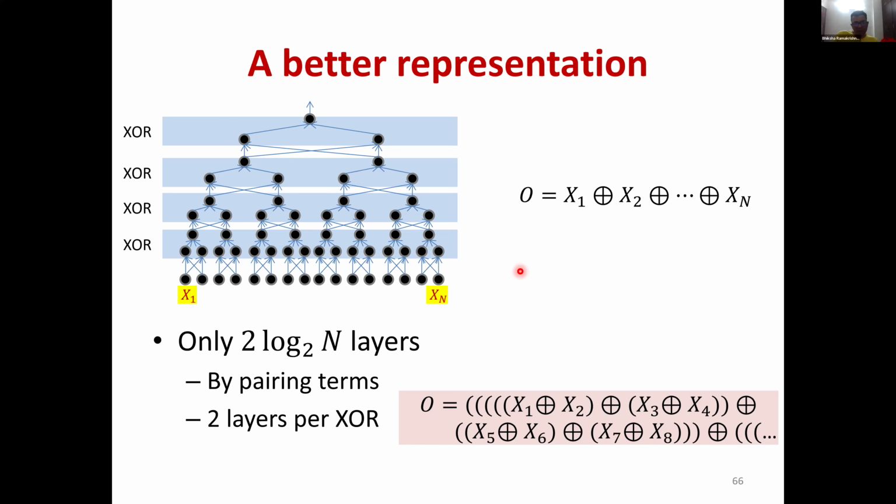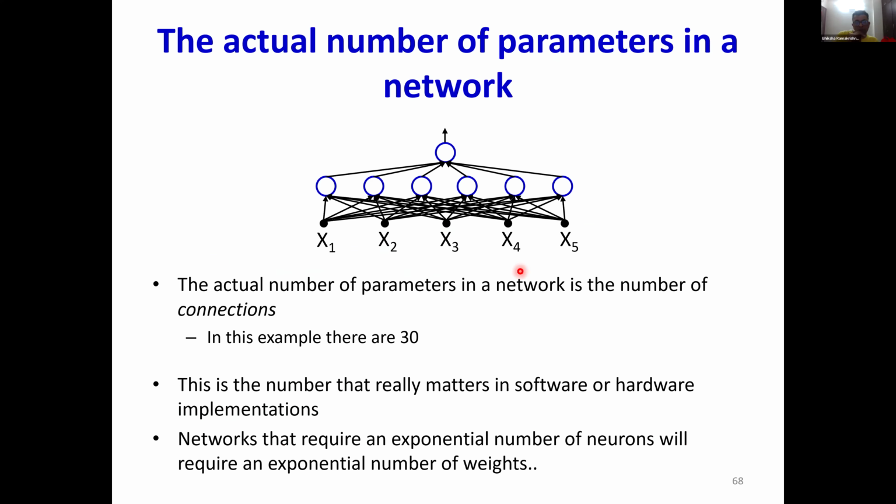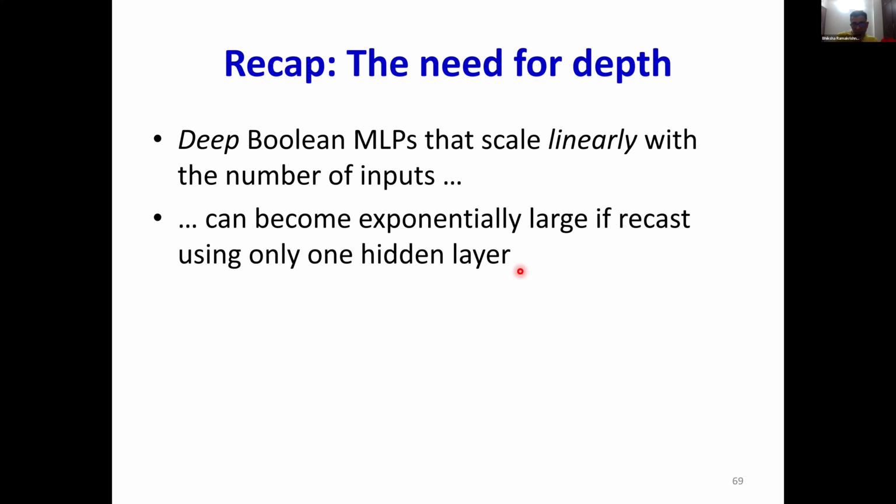Okay. So what we find is deep Boolean MLPs that scale linearly with the number of inputs can become exponentially large if recast using only 1 hidden layer, or even if you limit the total number of layers. If you give them a fixed number of layers, the ideal depth of the network depends on the number of input variables. It's log n. If you give it a fixed depth, then the network is going to necessarily be exponentially wide if you want to capture the model